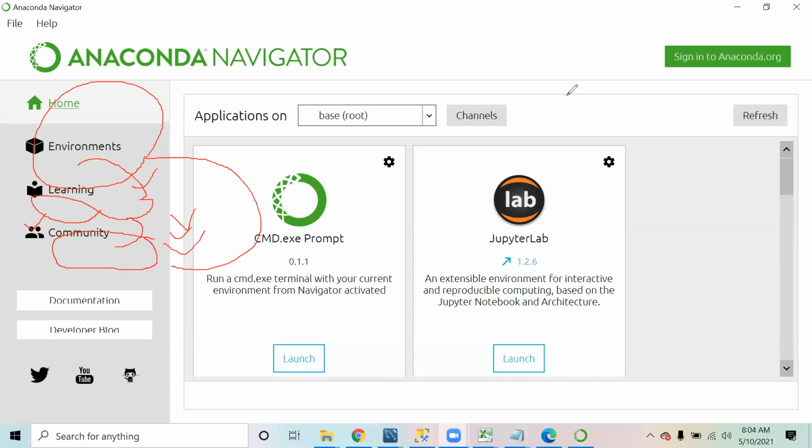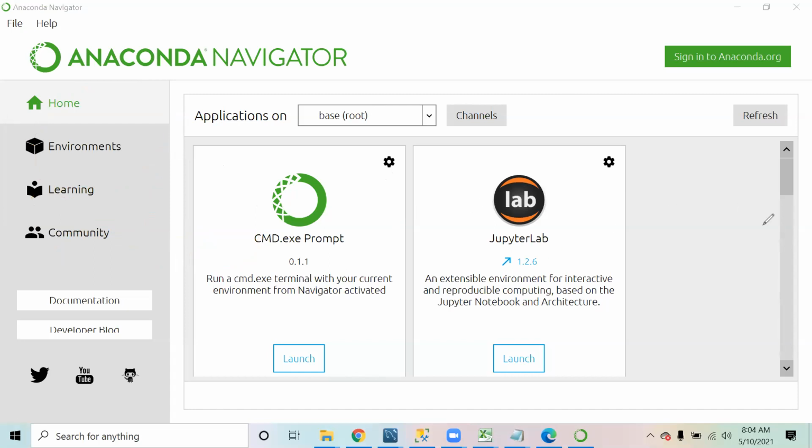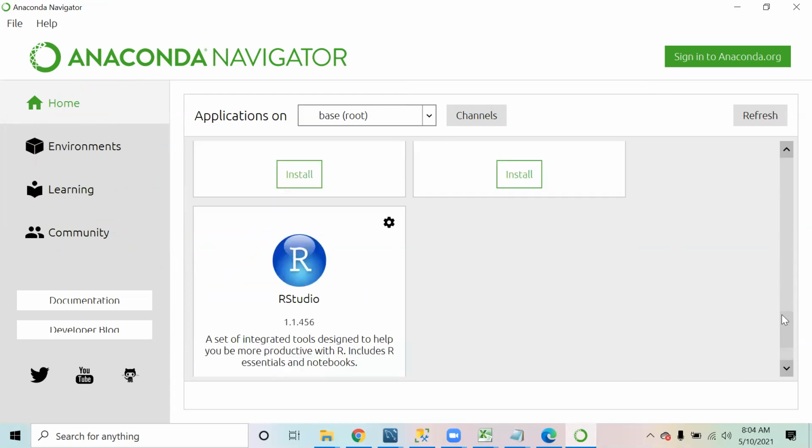You can see command prompt, Jupyter Lab. These are all the IDEs. It's actually a heavy application, so sometimes it takes a little time to respond.